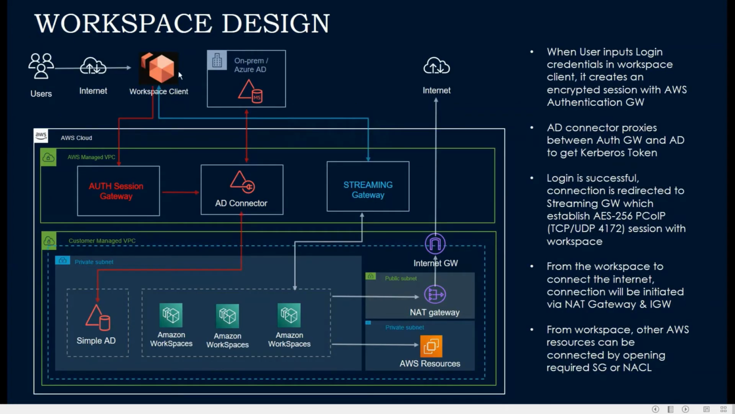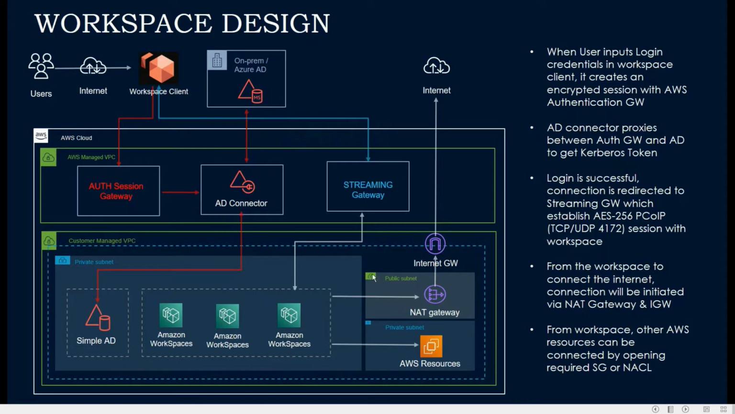Now let's walk through the workspace design. When the user inputs login credentials in the workspace client, it creates an encrypted session with the AWS authentication gateway. And in turn, it connects to the AD connector, which proxies between the authentication gateway and Simple AD to get the Kerberos token. When the login is successful, the connection is redirected to the streaming gateway, which in turn connects to the Amazon